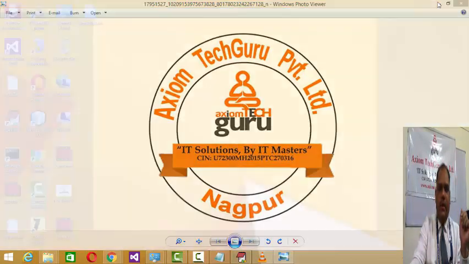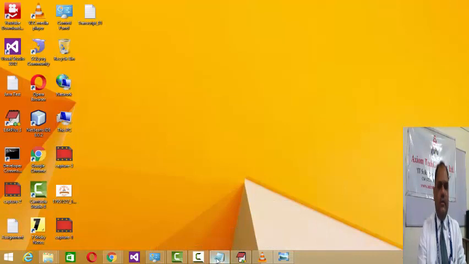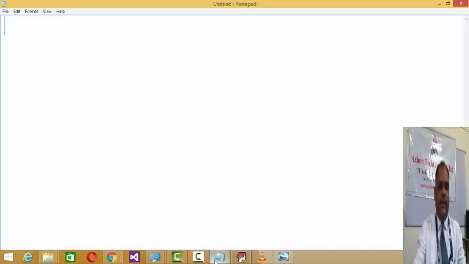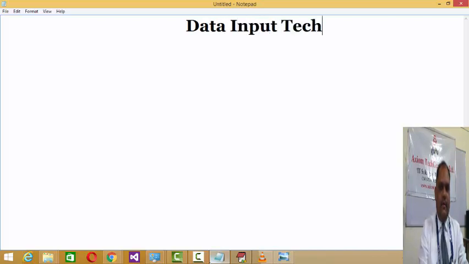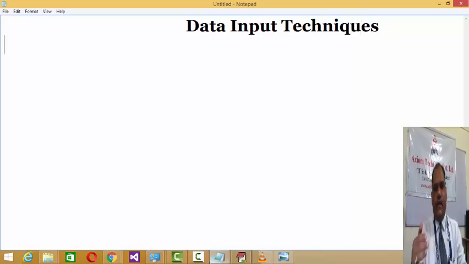Up till now we had a discussion on data input techniques in Java, where we had discussions on scanner, buffer reader, as well as command line argument.